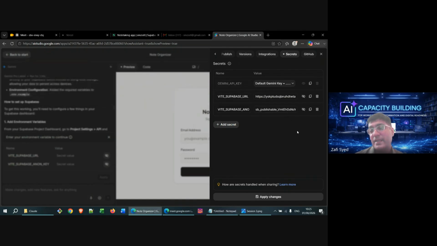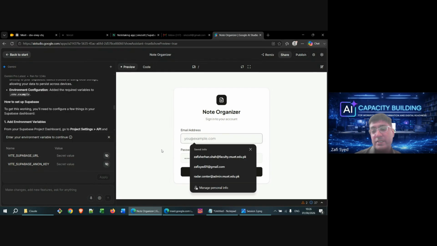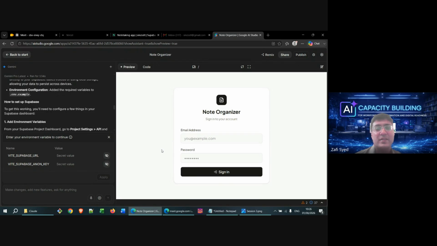The idea is that it's okay to make these publicly available. Just remember, what you shouldn't do is share the password for the entire database. So if you're okay with this, let's click on Apply Changes. Right, so it looks good. Now, of course, we cannot log in just yet because we've not really created users.